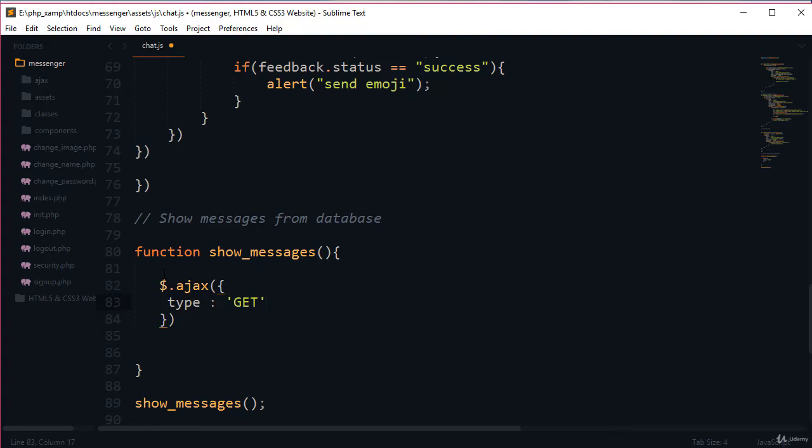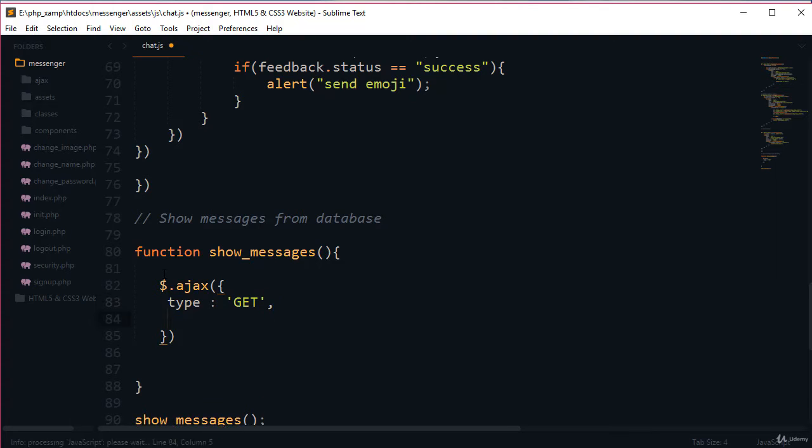So we need to use the get method. You can also use the post type, but in this condition we are fetching the data from the database, so we need to use the get type.